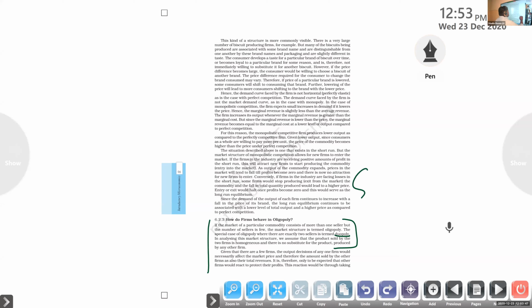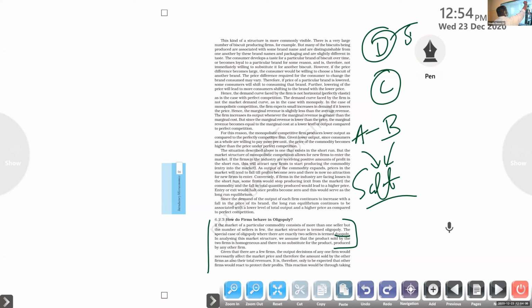Example, take it as salt. Okay, salt, right? Two firms are there, firm A and firm B, both are producing salt only. So this condition is basically termed a duopoly. There is no substitute for the product. No other firm in the market is producing the same product. So firm C is there, firm D is there. They are producing sugar, C producing soap. Okay, another product. So no other firms are producing salt there. That is the condition basically termed as oligopoly.